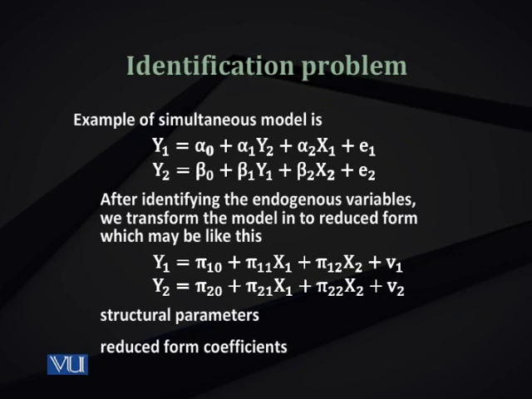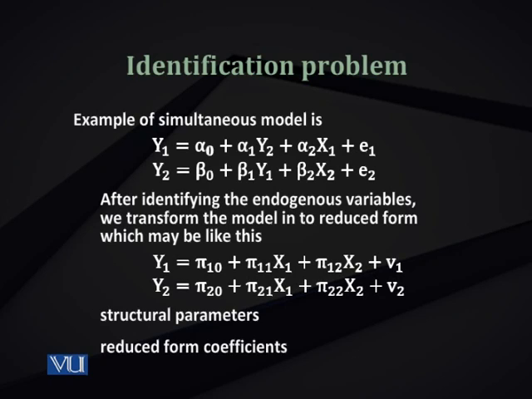You can easily see that in these 2 equations on the right hand side you don't have the endogenous variables y1 and y2. In the previous model, which was not transformed, which was the actual model, which we call a structural model, we had y2 and y1 as part of the right hand side of the equations of y1 and y2. When we transform it, we'll see how to do that, now we don't have y1 and y2 on the right hand side. So x1 and x2 are exogenous, and in these 2 equations you have only exogenous variables on the right hand side. So these 2 equations will be called reduced form equations, and this model is a reduced form model.